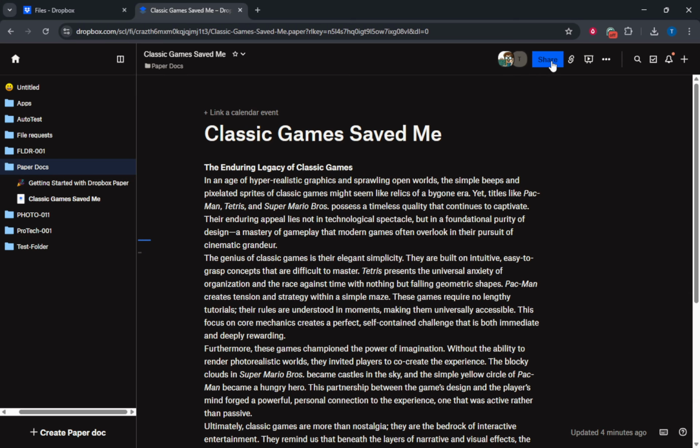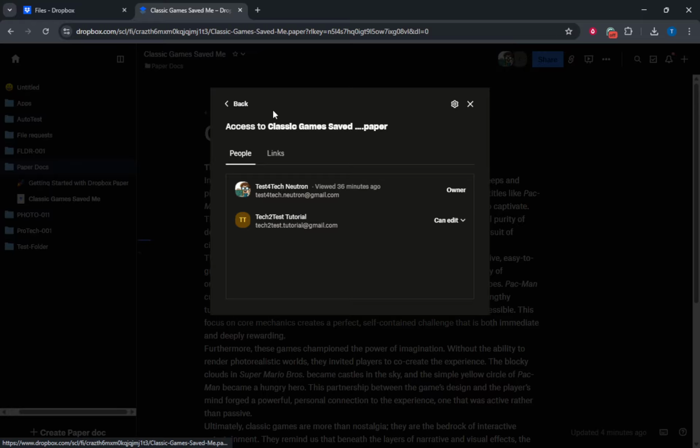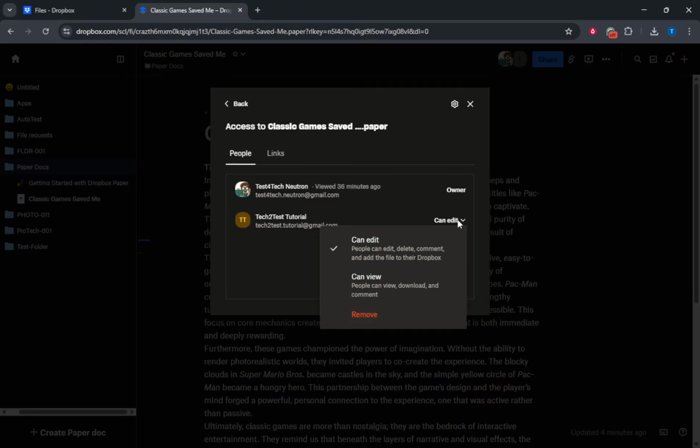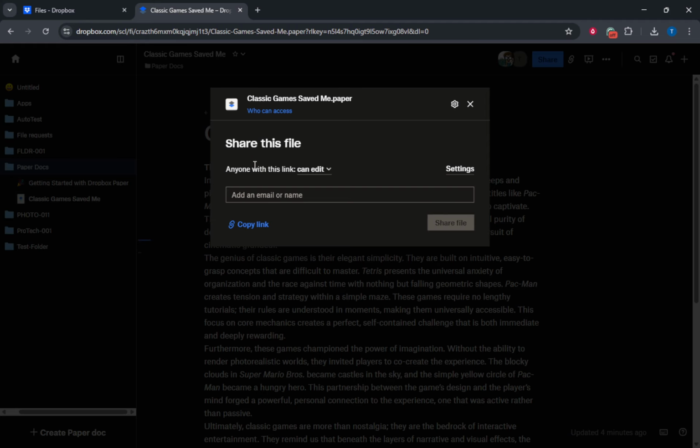This will open up the sharing dialog. In this dialog, you'll see a section labeled, Who can open this doc? Here, you have a couple of options to choose from, such as Invite Only or Anyone with Link. These options allow you to determine who can access your document. Additionally, you'll see another section labeled, What can they do? This is where you specify the level of access, allowing others either to can edit, can comment, or can view